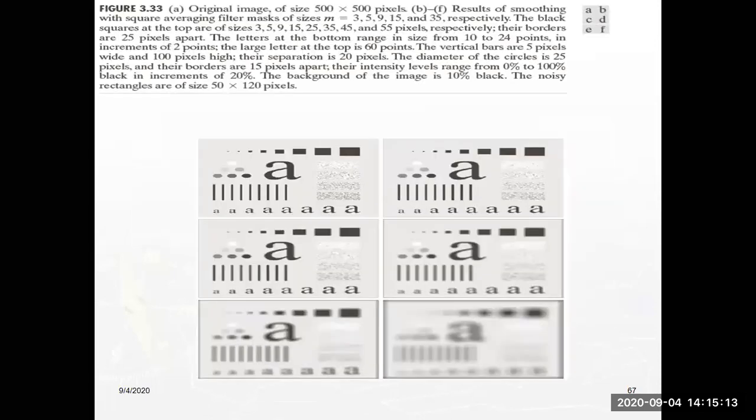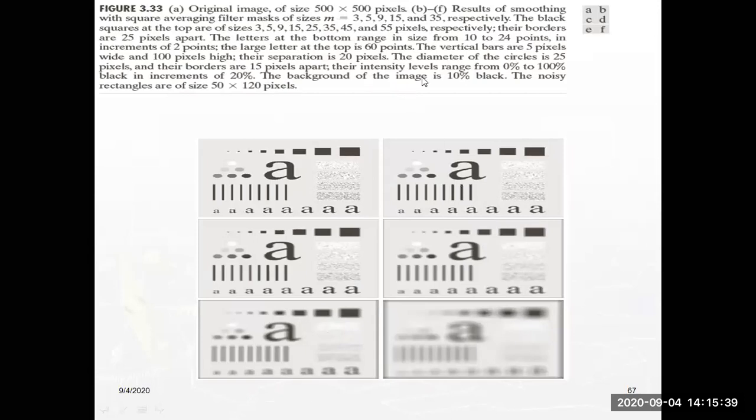Next, in my example, I am taking one original image of 500 by 500 pixels, and B to F, that is B, C, D, E, F, show how the image can be smoothed or blurred depending upon the block size.